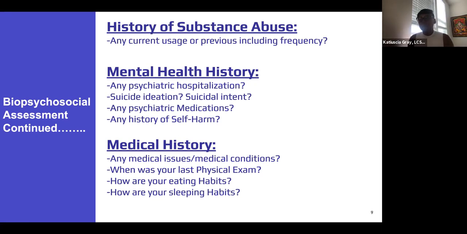specific plan. If this person has a specific plan and they say, you know what, Miss Gray, when I leave out of here, I'm going to kill myself. We're mandated reporters. We have to report that. We cannot allow a person to leave our office with a specific plan in place. Now, this could be a whole other training. It's not like we're going to go, oh my God, stop, now we're going to call the police.